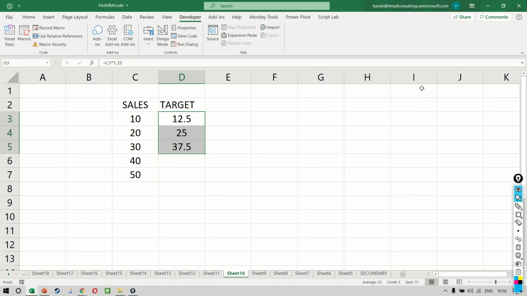Now the reason this problem is coming is, think about it. When we recorded the macro, we only had three values, but this time we have five values with us. Now the code is not able to understand that we have added additional values in our data set. And that's the reason it is sticking to 3 and not going to the fourth and the fifth one. Now how do you fix this?